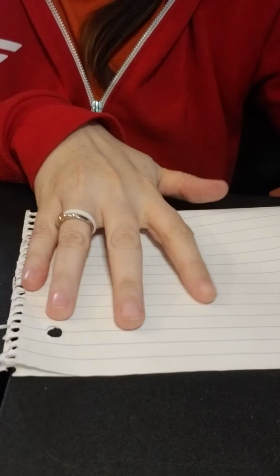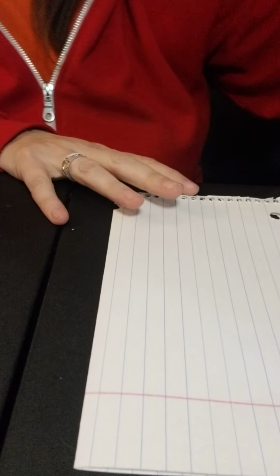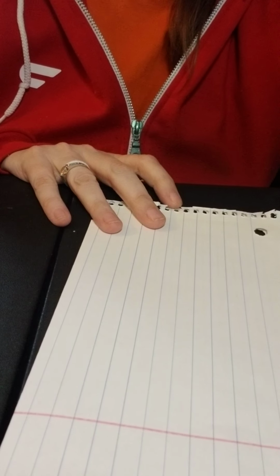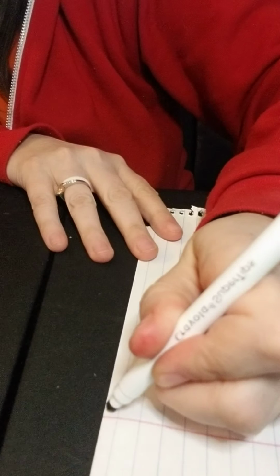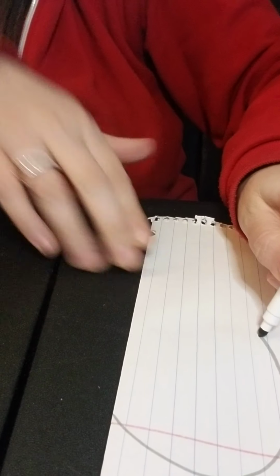All right, so I'm going to fold this over, and I was dead serious about they do not have to be fancy. And if you're artsy and craftsy, by all means, go to town and make them super, super fancy. But they don't have to be fancy at all. So your kids can work on them. I'm going to just...